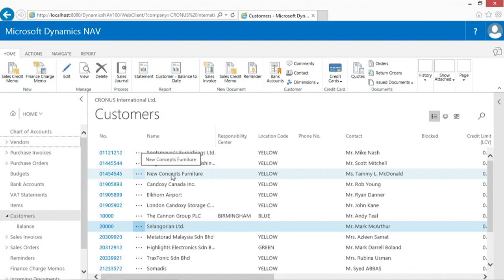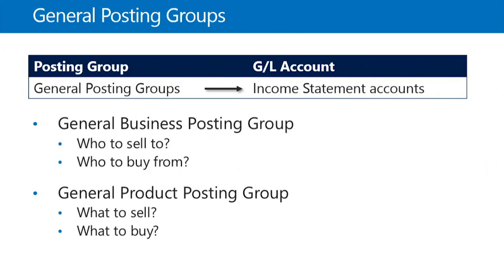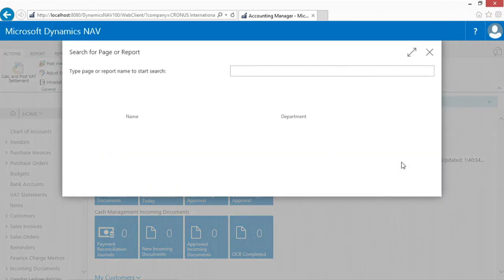So that's the first thing that we need to do. So that's the business. But then we of course also have the products, what to sell, what to buy. And this is something that we have to assign to the products. But let's first look at an example. So in my simple example again, the products were hardware and software. Now what does Kronos have as products? So if I go to the general product posting groups,